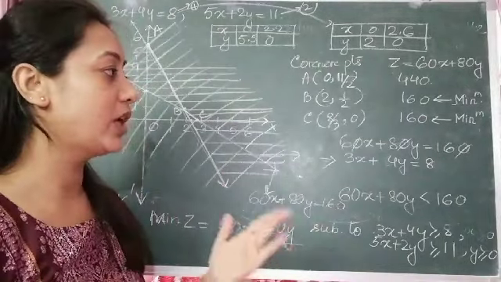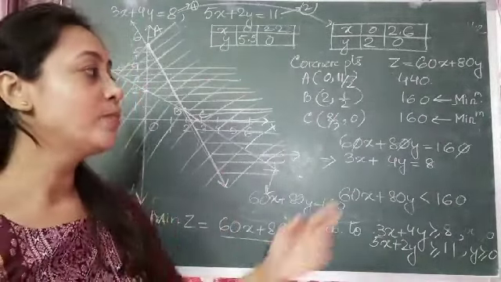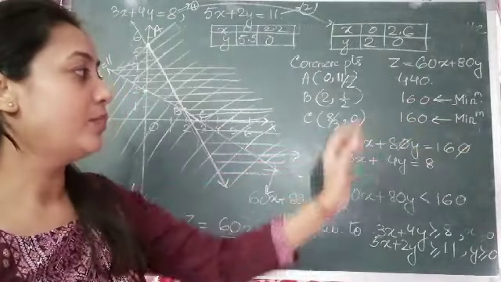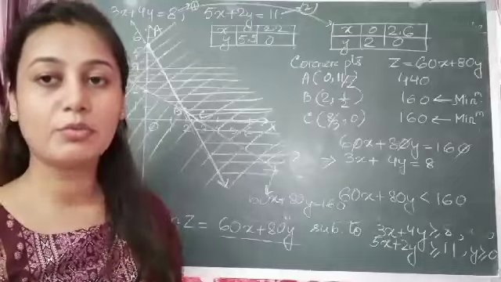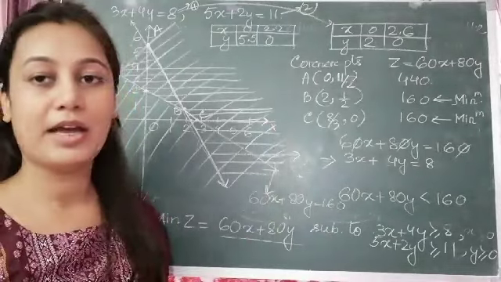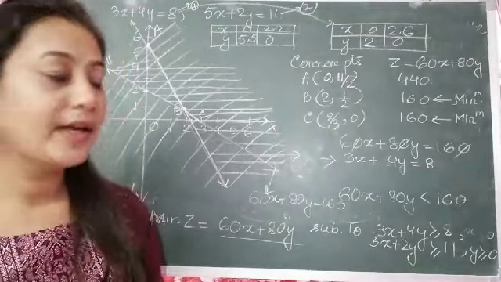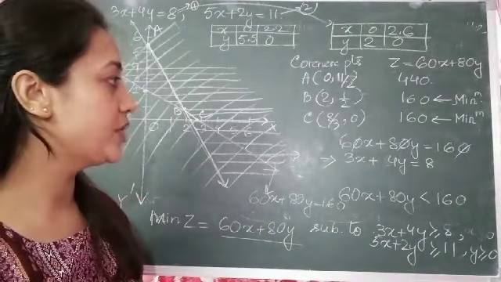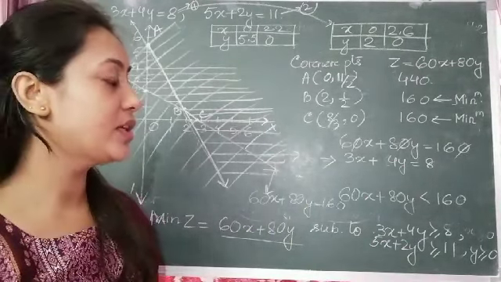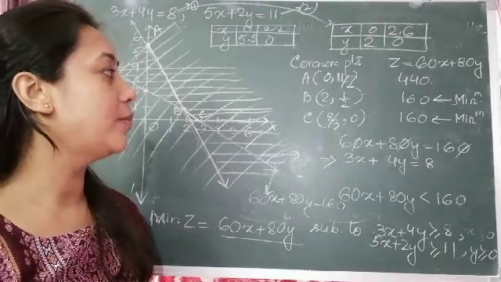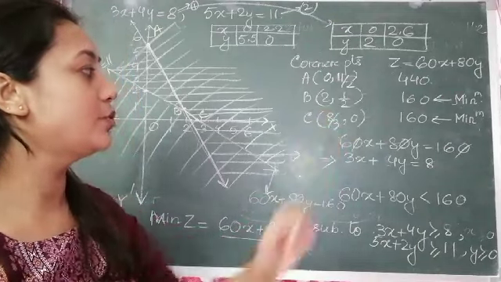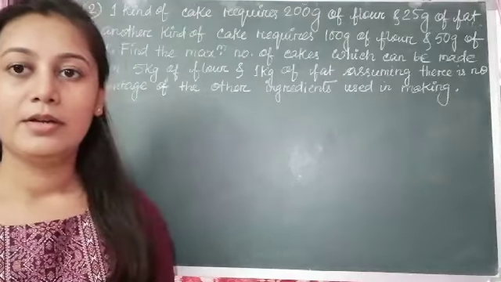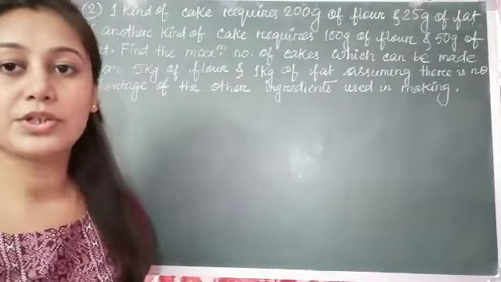And such type of question we have discussed in the first exercise also. So if you are getting the minimum value at more than 1 point, that means the minimum value will lie throughout the line segment B and C. So at the end you will write the answer as, therefore the minimum cost of the mixture is rupees 160 at the line segment joining the points B (2, 1 by 2) and C (8 by 3, 0). Okay. So students, let's do one more question of such kind.